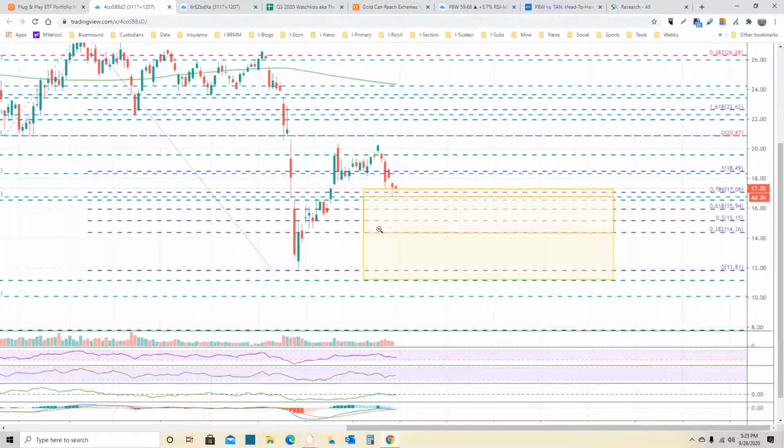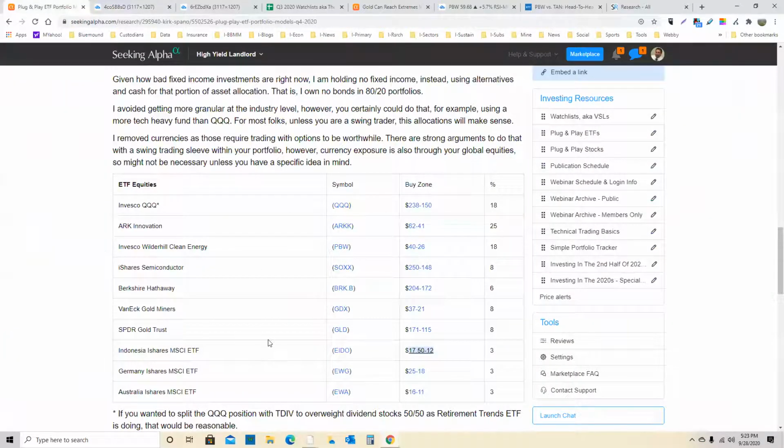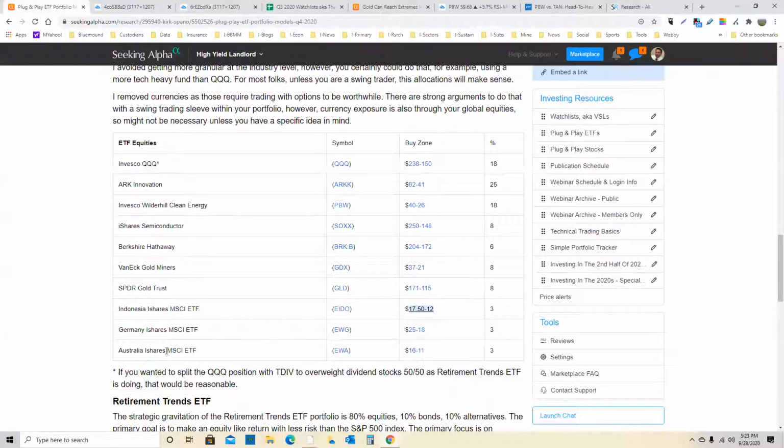So really what we're just looking for is an entry on Indonesia as they've finally started to get over some of their bigger problems. And we have to remember what Indonesia is. They're a very resource-rich economy that does a lot of business with China. So China needs Indonesian resources just like they need Australian resources. And that's why I'm recommending both Indonesia and Australia, because both are going to benefit from a rebound in the